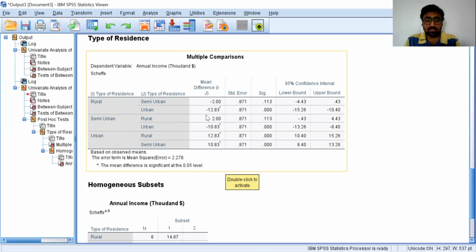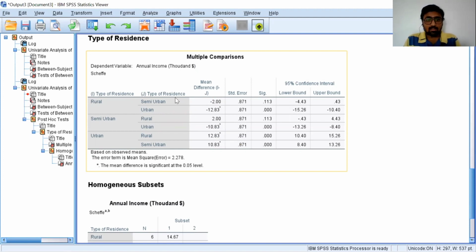This mean difference column shows the mean difference of the annual income. So here the first row, that is rural and semi-urban, the mean difference is -2, which means that the mean difference of annual income between rural and semi-urban is -2. The mean difference between semi-urban and rural is +2. It is obvious. Now we are interested to know whether this difference is statistically significant or not.